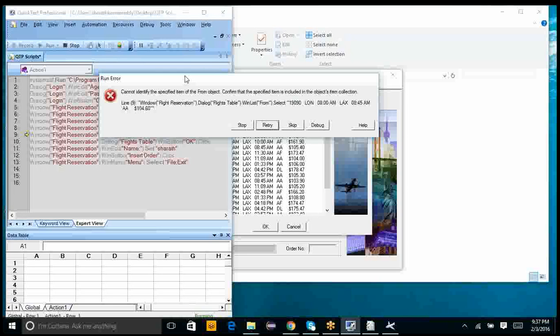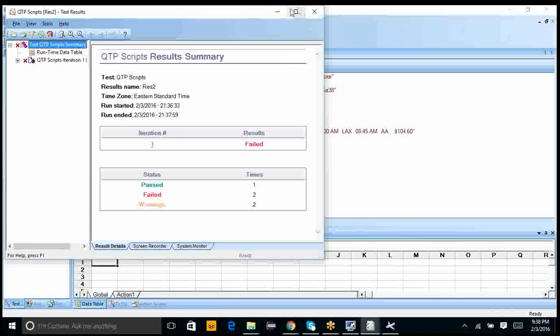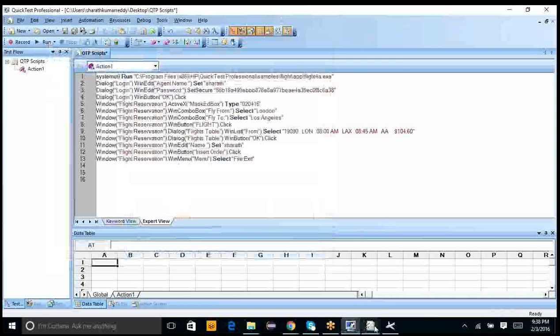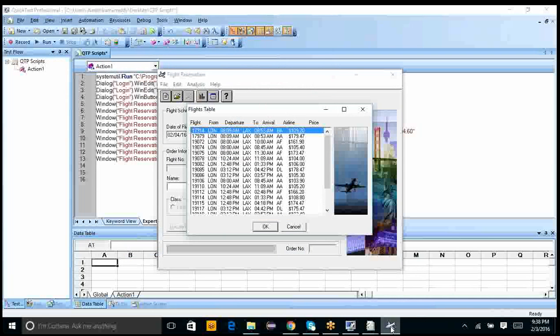But here, can you stop it? Go to the flight application now, which is already opened. If you could see now, will you be able to find that flight at all? 19090? No, it's 19086 only.